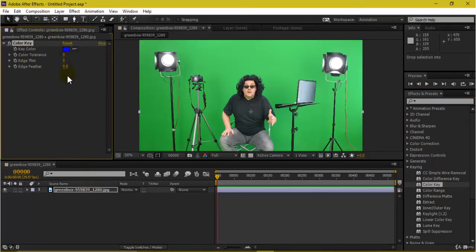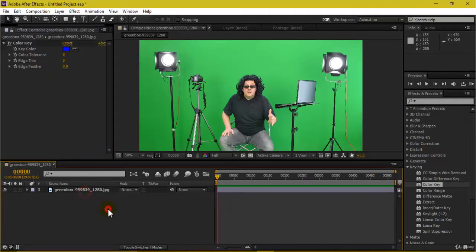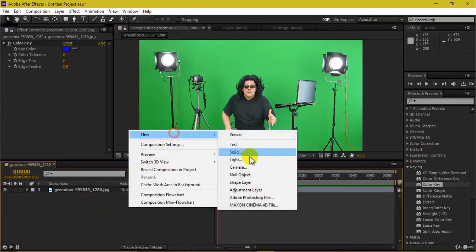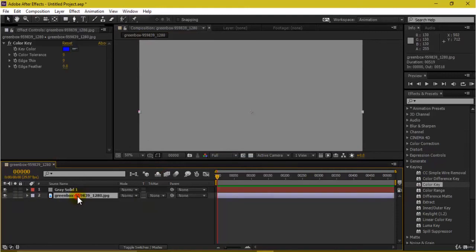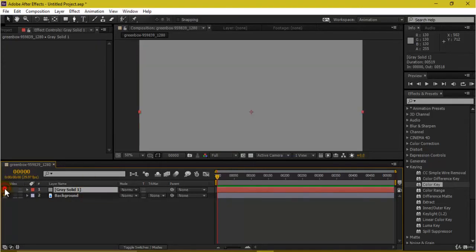The effect controls is a panel which gives you the flexibility to insert many effects, and it shows the effects inserted on that particular layer. Suppose I create a solid here, select this green box, and rename it as my background, and this is the color I have taken.